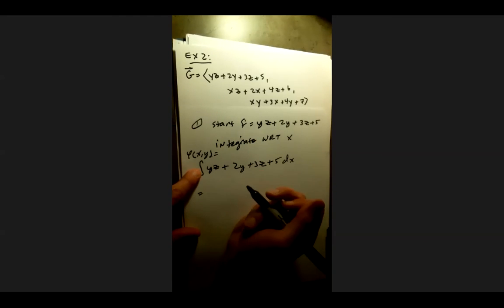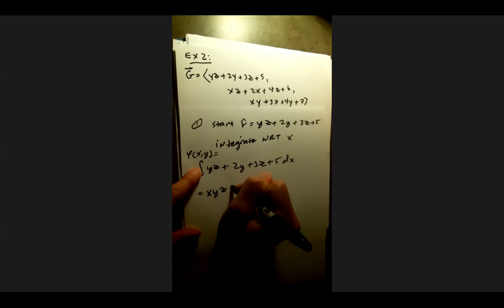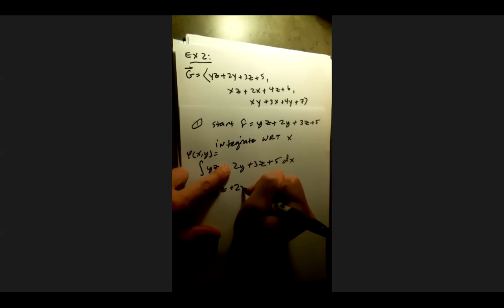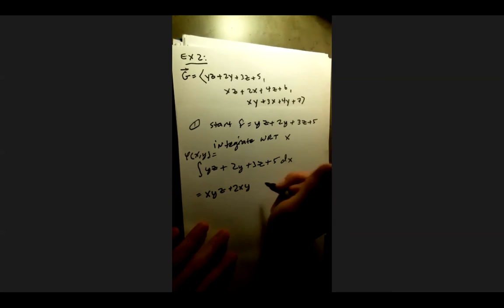So the antiderivative of yz would be xyz, 2xy, 3xz, plus 5x,